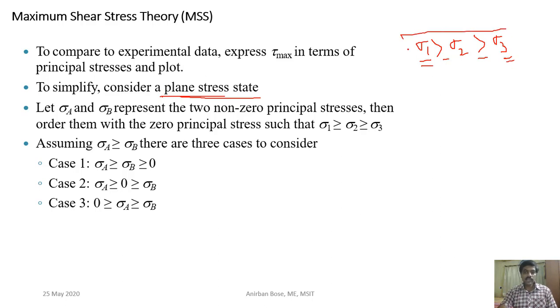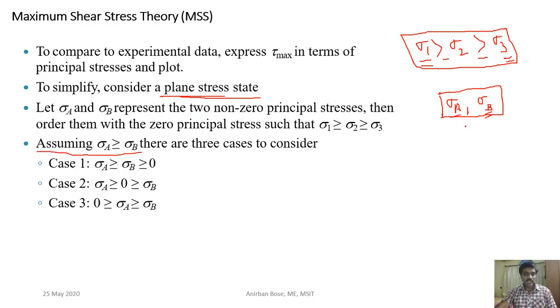In case of a general state of stress, these are the principal stresses. Now for plane stress, sigma A and sigma B are the principal stresses which are non-zero. In a plane stress situation, you know that one of the principal stresses is 0, so the other two are non-zero principal stresses. Those are denoted by sigma A and sigma B. So for a plane stress situation, sigma A and sigma B are the two principal stresses,